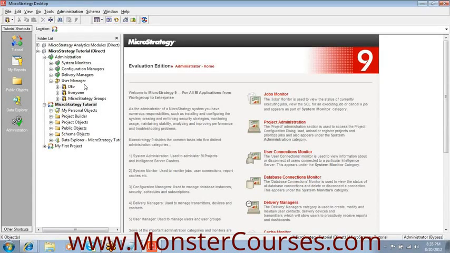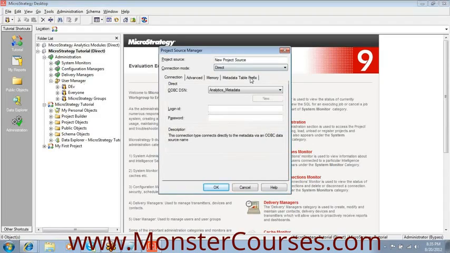New project source. You see this server here. This is a direct, meaning 2-tier architecture, meaning directly connecting to a local database. It may be a physical database like Oracle, using an ODBC connection, or you can join with an MS Access or Excel, CSV, whatever you have. Now, for the server, you need to give the server name here, whatever server you're using.